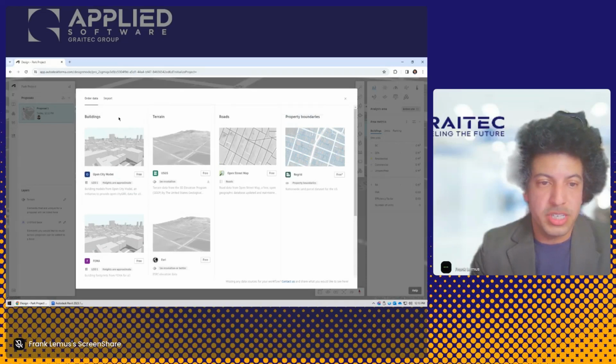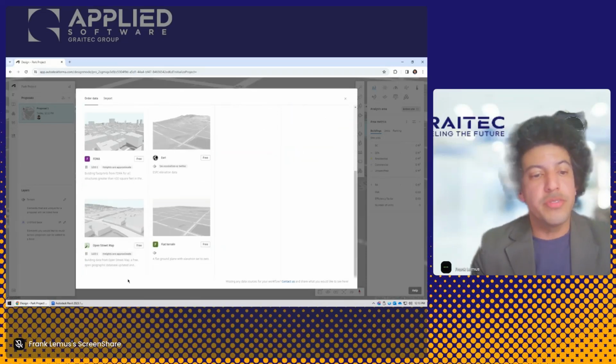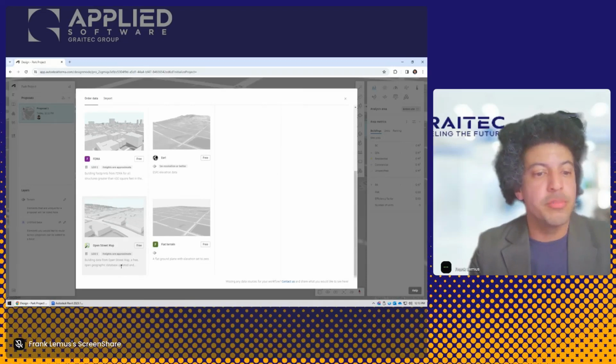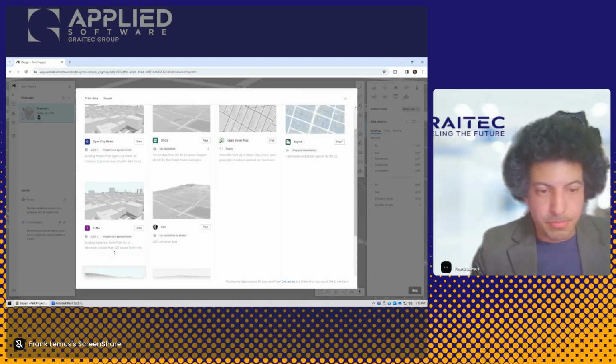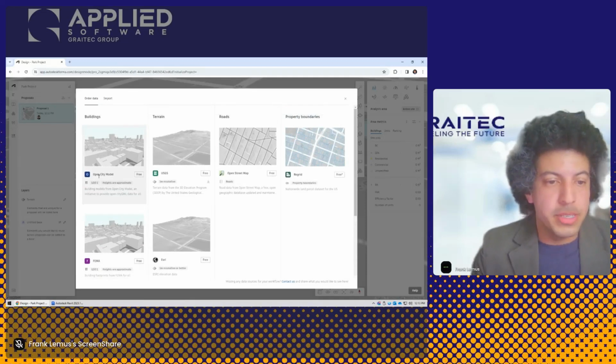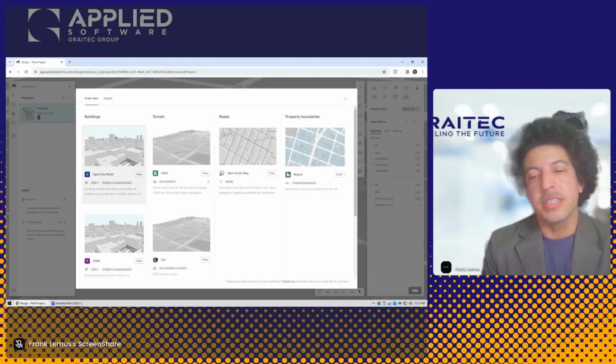Okay, and we should read this as columns. So buildings and then anything below is what's available for us. So it's giving us the ability to bring in information from different sources. So OpenStreet, that's an open source project. FEMA and OpenCity model. So I'm going to say, okay, I want buildings in my project, and I've got to